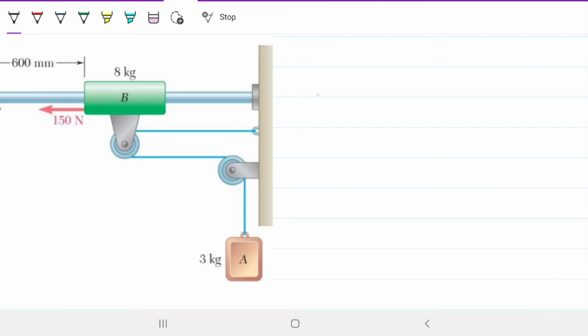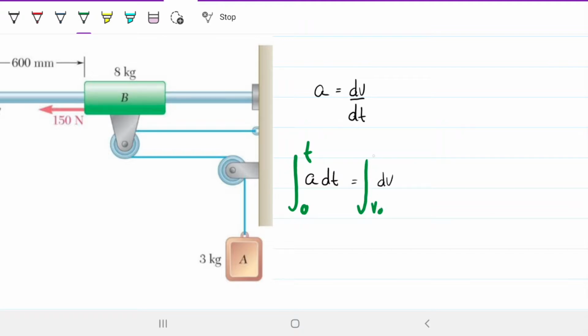And then once we find the acceleration, we can take advantage of the fact that acceleration is just how velocity changes with time, and then we can integrate on both sides. Here I'm going to be integrating from 0 to the unknown time that I'm looking for, and on the right-hand side, from initial velocity, v naught, to the velocity of 2.5. So once we figured out this acceleration using the same method as in the previous video that I'll link here somewhere, then we can just find this unknown here because we know this is 2.5 and this is 0. But the other way to go about this, and this is the way we're going to do it today,